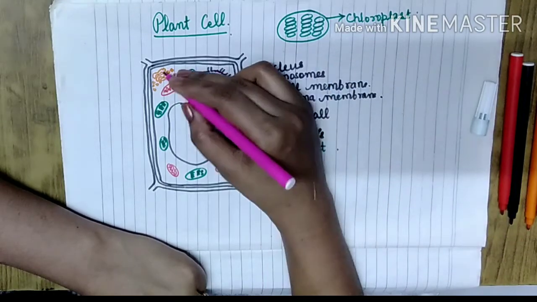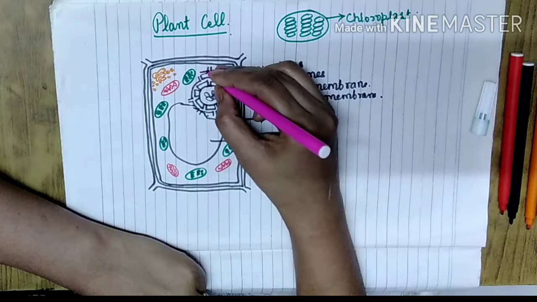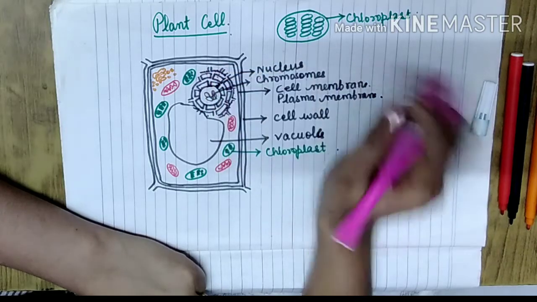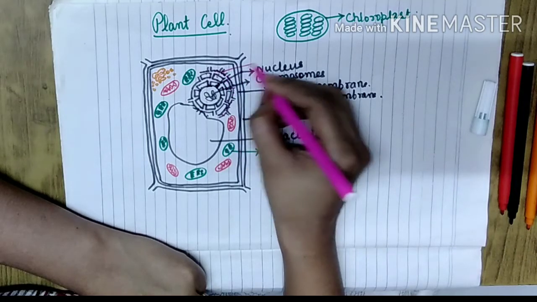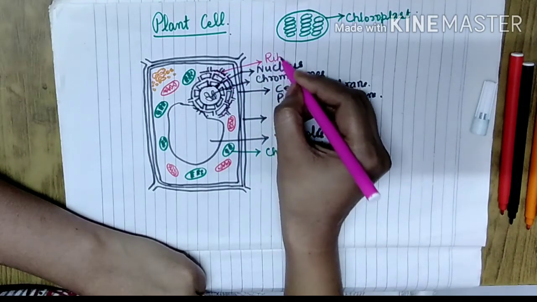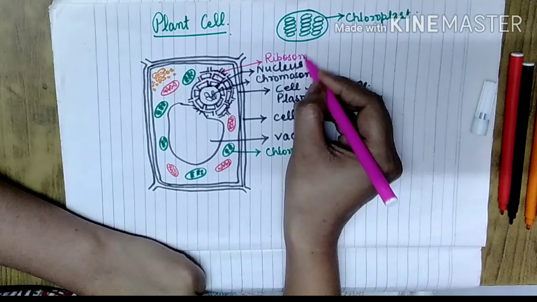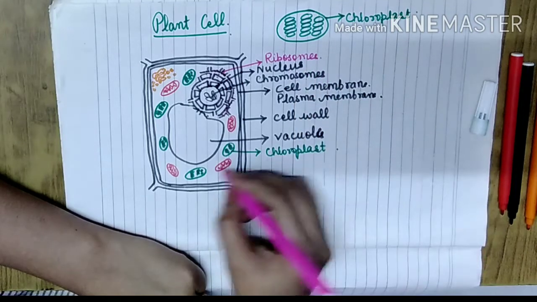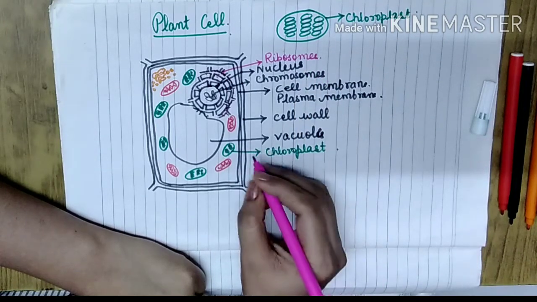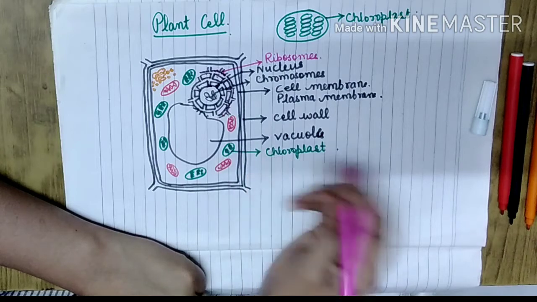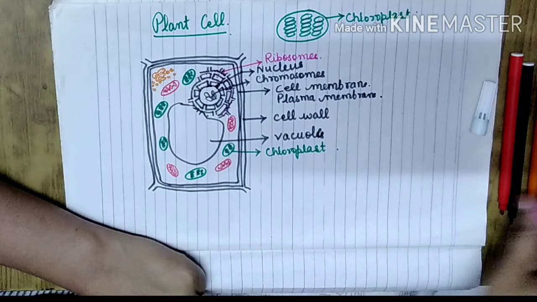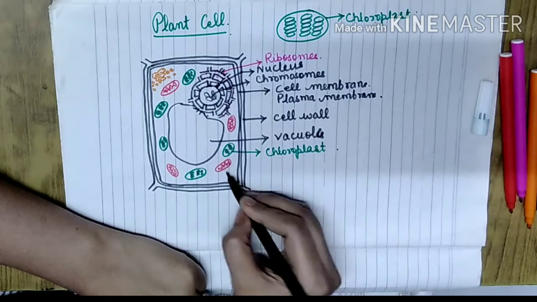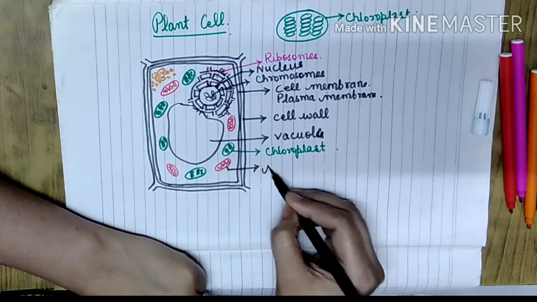Some part is smooth and some is rough. The endoplasmic part is smooth, and there are some endoplasmic parts that are rough due to ribosomes attached to their surface. So in a small portion I have shown you ribosomes attached, which will take the proteins to the Golgi apparatus. And the smooth part will take lipids to the Golgi apparatus, for membrane formation, for the metabolism you will learn in 9th and 10th class.